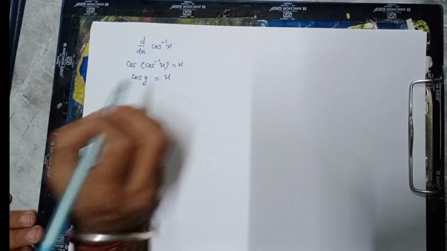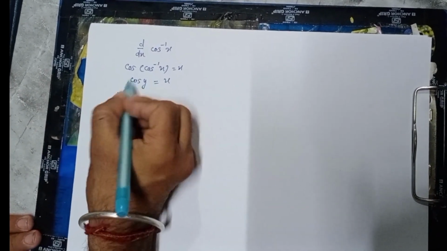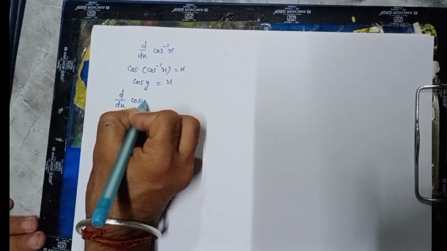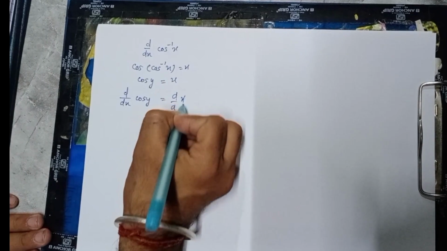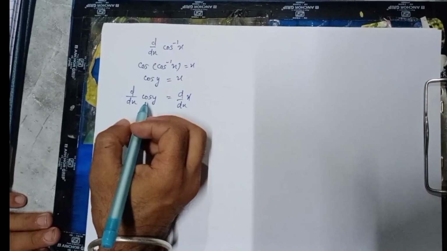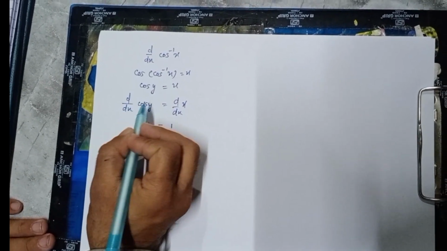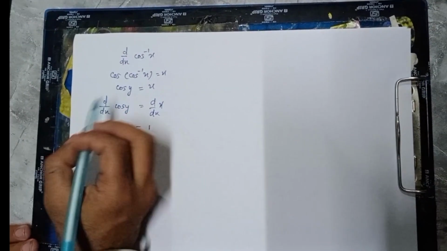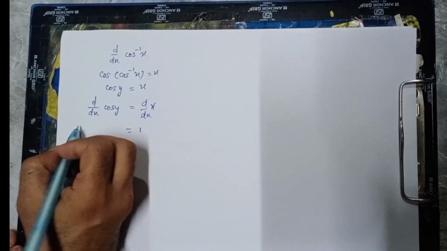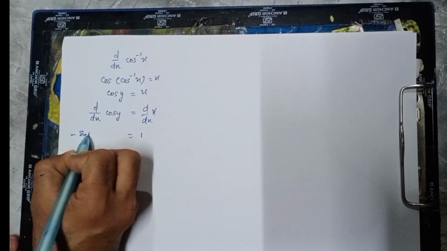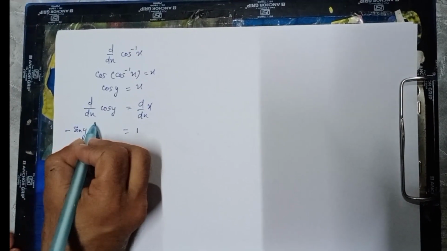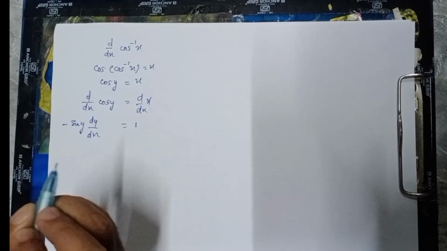Now differentiate cos y and x. Differentiating both sides with respect to x will give us d by dx of cos y and d by dx of x. D by dx of x is equal to 1. First we'll differentiate cos y, then we'll differentiate y. So d by dx of cos y will give us minus sin y. We know that differentiation of cos y is equal to minus sin y,